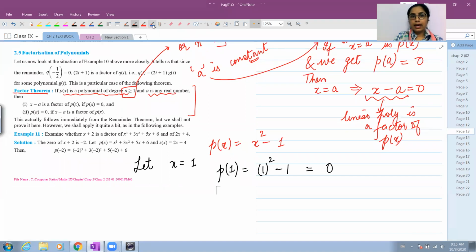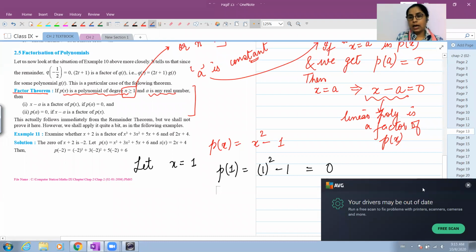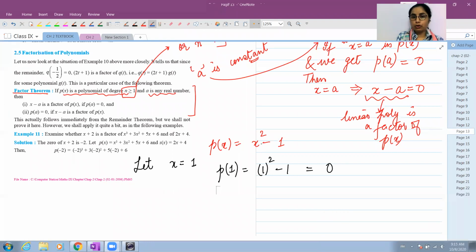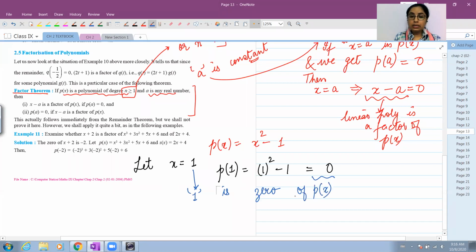Yes, ma'am. And till now we have said कि अगर आपके पास ऐसी कोई value है जिसको अगर आप polynomial में substitute कर दो in place of the variable और उससे answer 0 बन जाए, then what we can say is this value 1 is actually a zero of p(x). Variable की वो value जिससे polynomial का answer 0 आ जाए, उस value of variable को हम बोलते हैं उस polynomial का zero. ये आपने previous exercise में किया था. And what I can do further is I can form a factor using this zero. So the simplest way would be, जो आपने x equals 1 लिखा है उसमें सारी values को एक तरफ transpose कर लो. So you get x minus 1 equals 0.